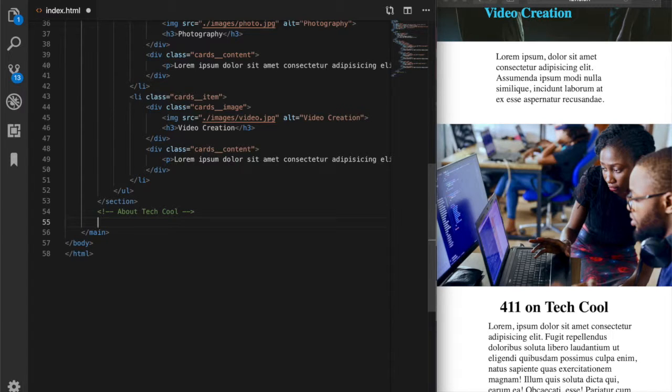So now that we got that out of the way, let's go ahead and create another section and call it about. And this one here, we're just gonna have two divisions. We're gonna have one for the image and one for the content. So about, or we can just say company image,